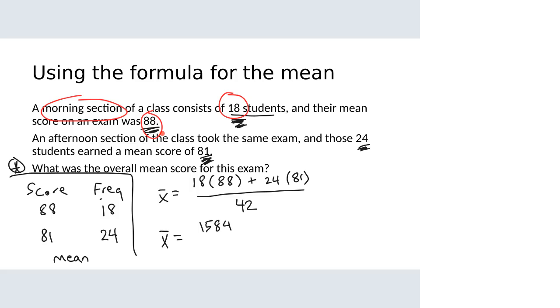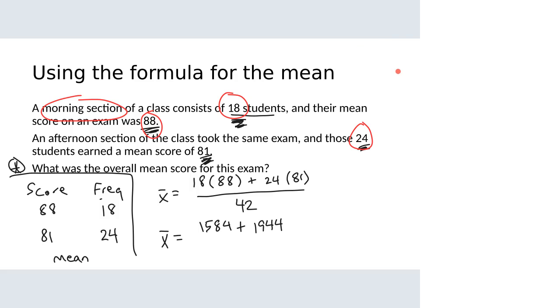I don't know what any of the individual exam scores are, but I know if I added up all those exam scores, the total number of points earned would be 1,584. Same thing happens when we do 24 times 81. I get 1,944, and that's a weird number in this question. But again, if I took these 24 exam scores and added them all up, I would get